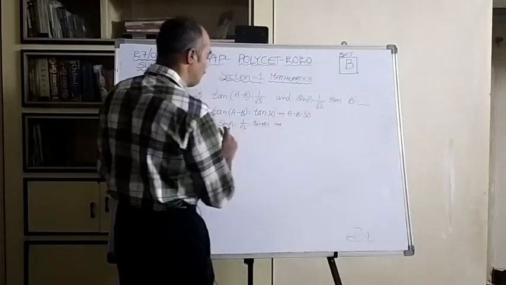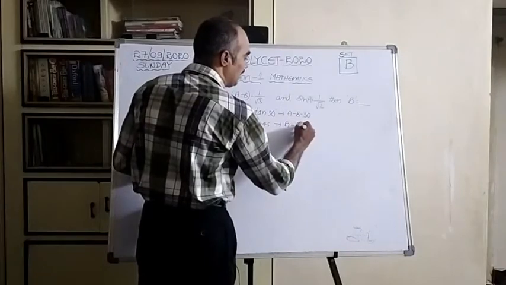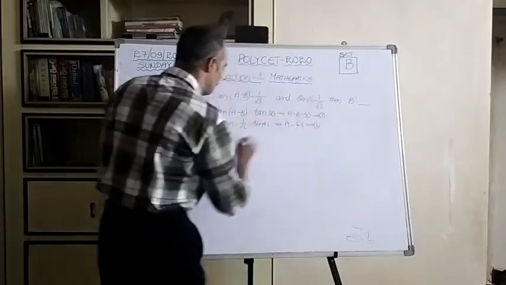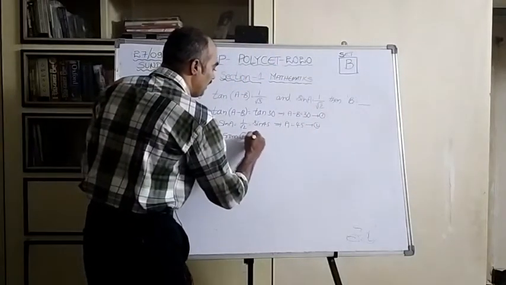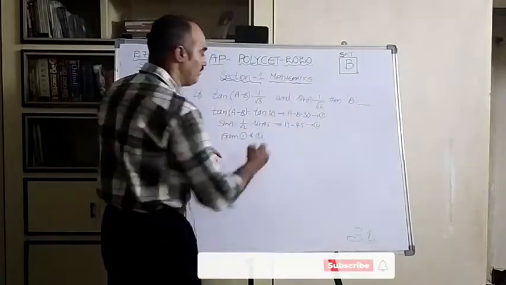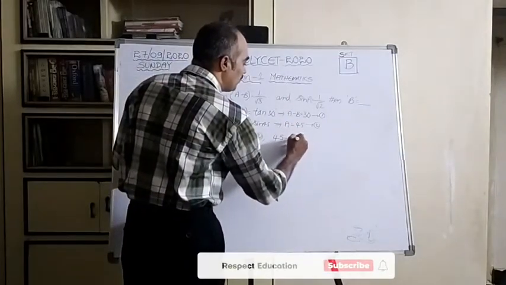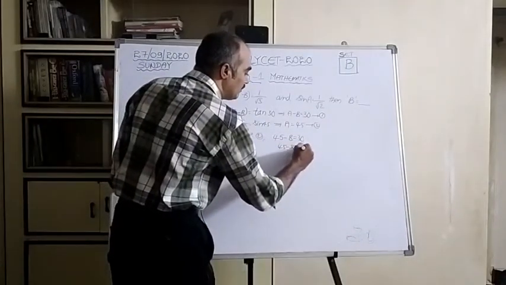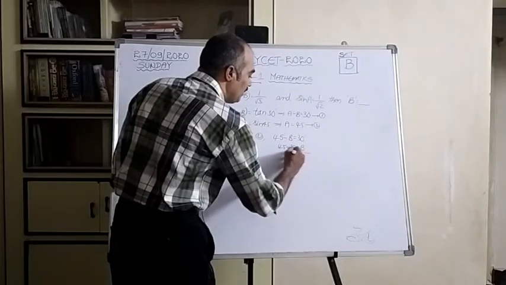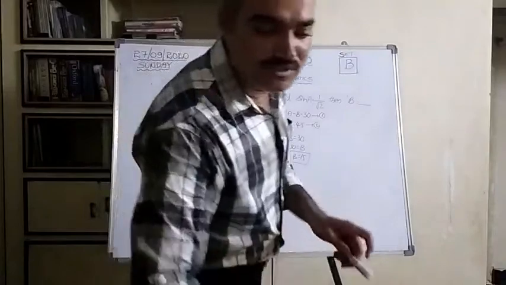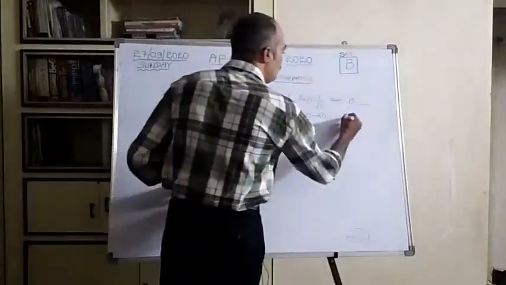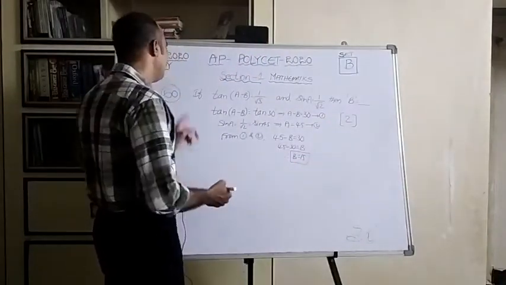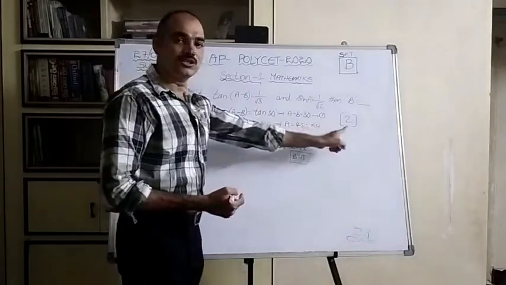So let us compare now. A is equal to 45 degrees. This is equation number 1, this is equation number 2. From 1 and 2, in place of a, let us substitute 45. So a minus b means 45 minus b is 30 degrees. Let us send b to that side and bring 30 to this side. 45 minus 30 is equal to b. Therefore b is equal to 15 degrees. If you see the options, option 2 is indicating 15 degrees. Therefore for question number 60, option 2 is the right option.